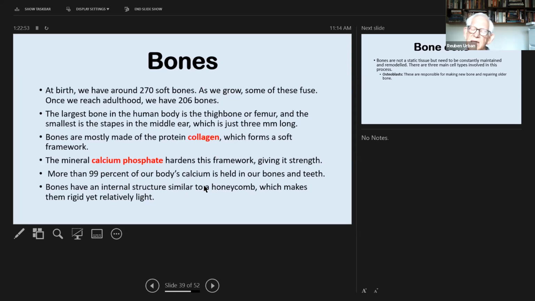Now, I should mention that in birds, to be able to fly, they can't have bones like this. This is flying birds, not non-flying birds. Their bones are actually hollow. If they had bones like ours, they'd be too heavy to fly. So what happens is they have hollow bones, but have other areas which perform the function of blood formation and so on.